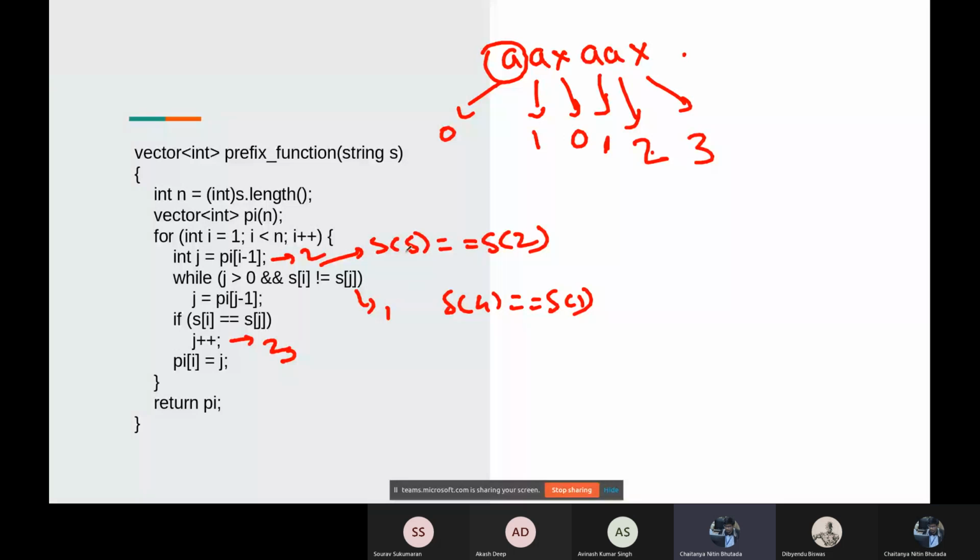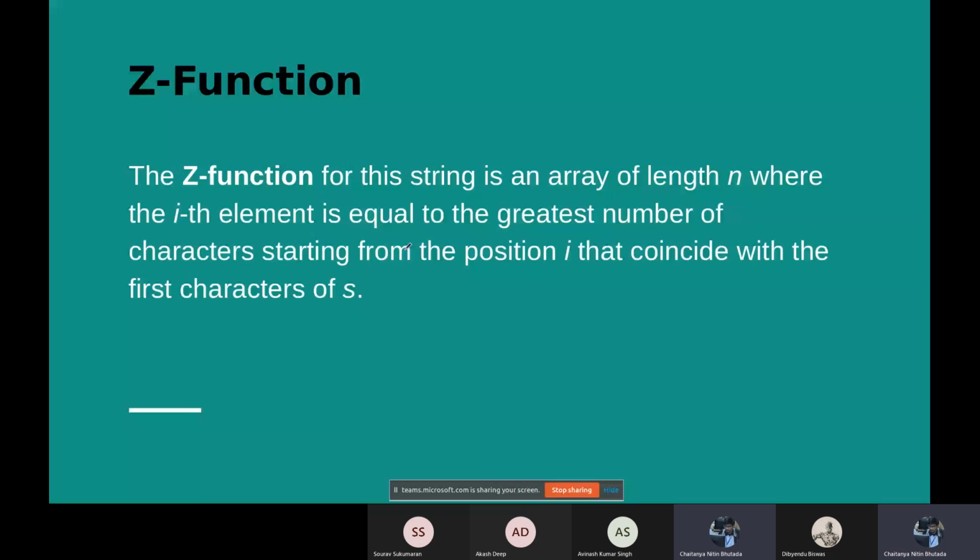Okay, so how can this help us in string matching? Suppose we are given a string s and a pattern t. What we do, we create a new string which is s plus hash plus t, and then we check the